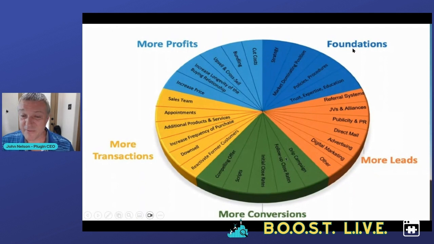Starting from 12 o'clock and going around, we have foundations over here is what we start with. More leads, more conversions down there at 6 o'clock, more transactions, and then finally more profits, because you start with the foundations and leads all the way around the circle to get to the more profits,